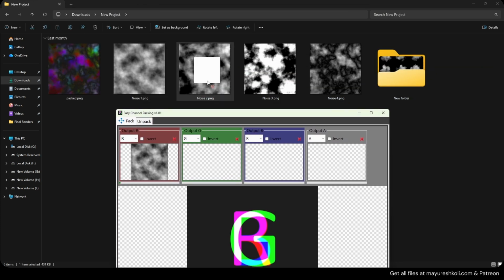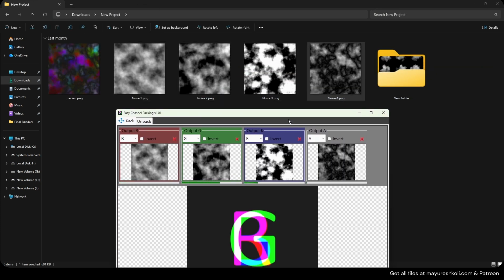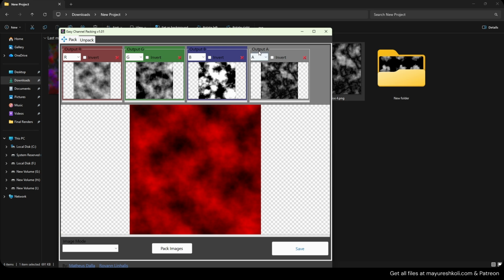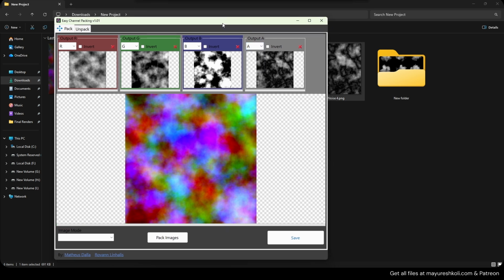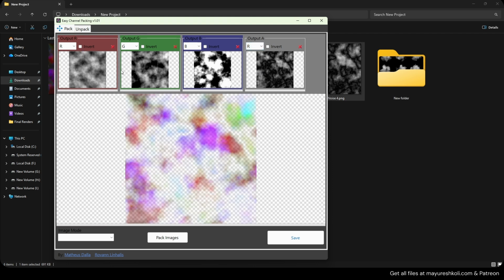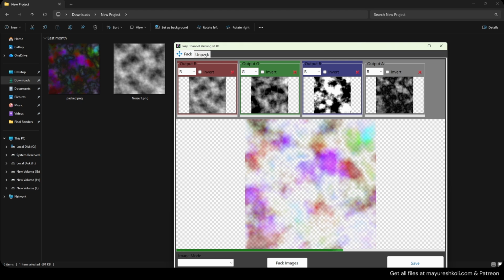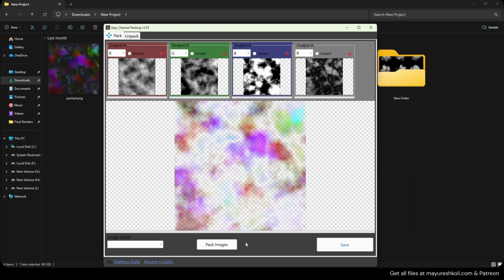So this is first texture, second, third, fourth, and there's one thing that you need to do. This output A needs to be in other one. So even though it says A, we actually need to choose any of the other ones, okay? Because I don't know what the logic behind it is, but you have to select one like this. So even though both of them say R, you don't have to worry about it. And not just that, it also has unpack. So for now, let's just create this pack